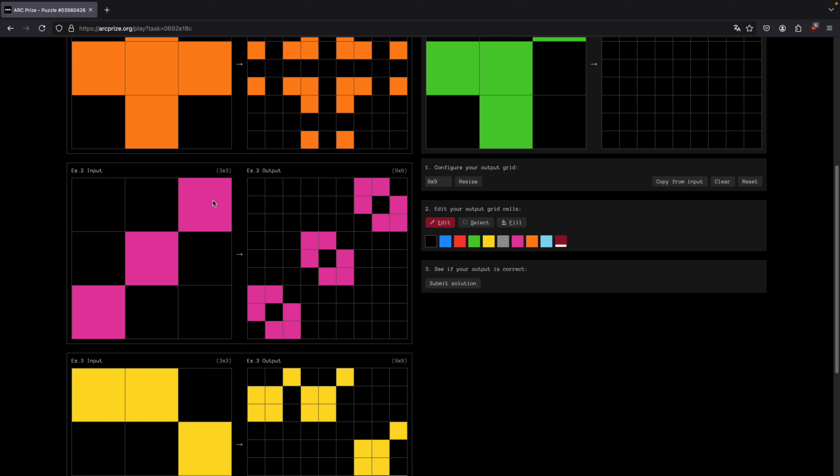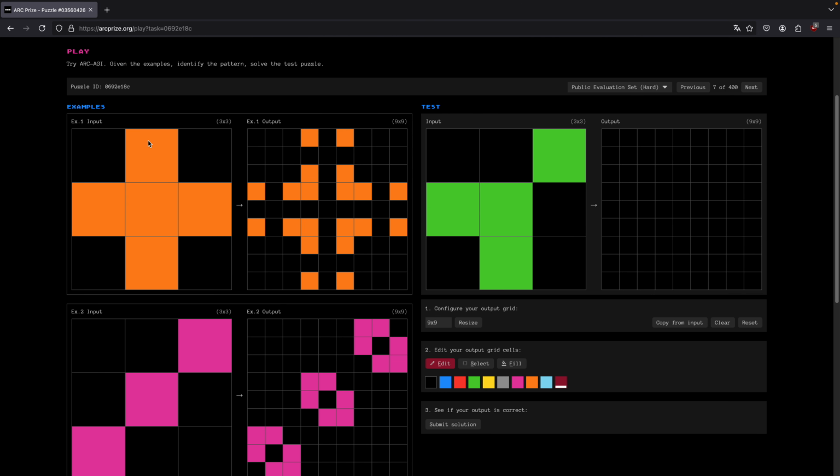This occurs as well in the second input, so we see these shapes are placed where the colored squares are in the input, but the shapes themselves are inverted. Okay, so we see black squares over here, they become pink squares,